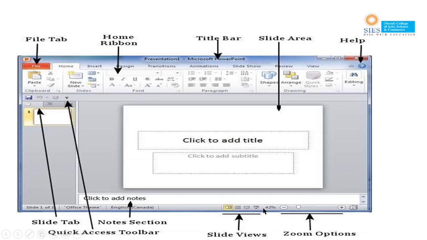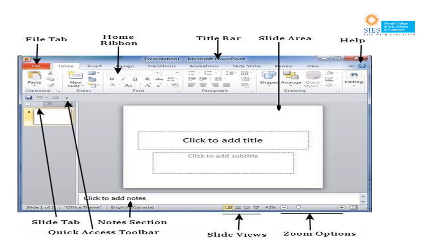Then next is slide views. So these are different slide views. The group of four buttons located to the left of the zoom control near the bottom of the screen lets you switch between PowerPoint views. The first one is normal layout view. This displays the page in normal view with the slide on the right and a list of thumbnails to the left. This view allows you to edit individual slides and also rearrange them.